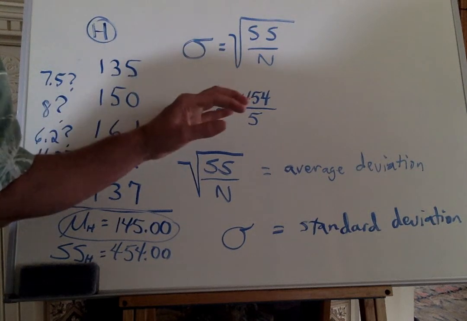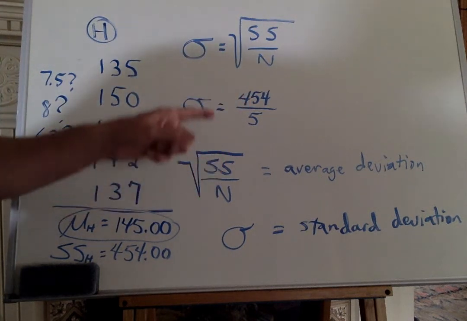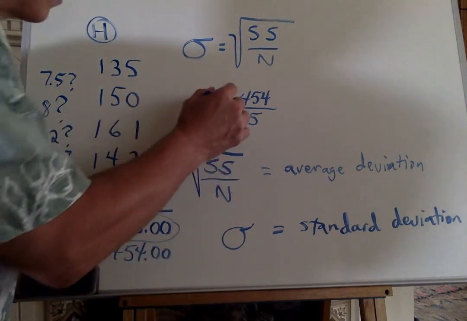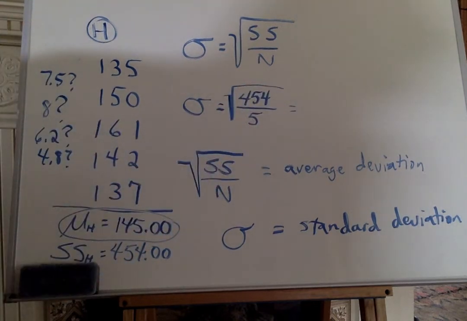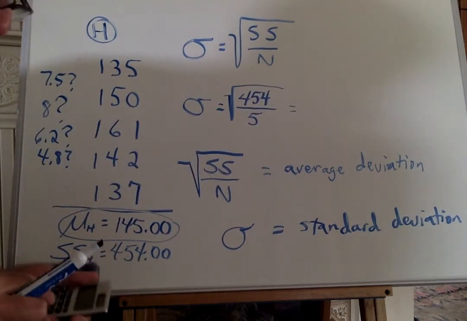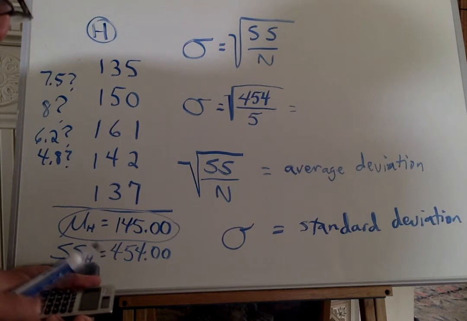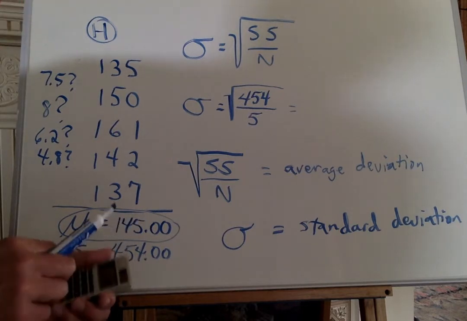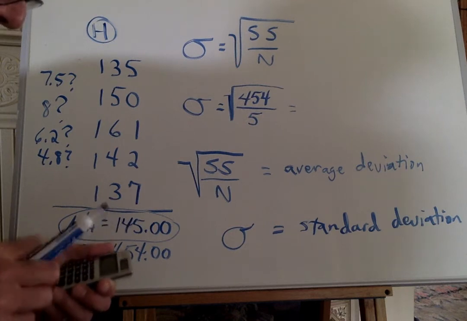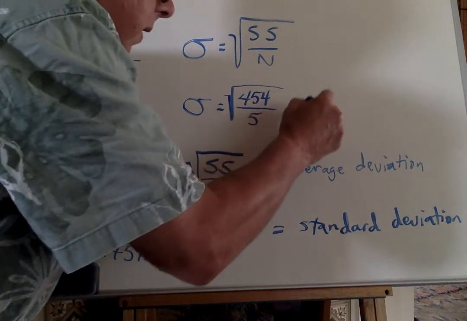That's the most common mistake I see on exams: people will do this, but they forget to take the square root, okay? So I'm going to do that value. This is 454 divided by 5. So this is the square root of